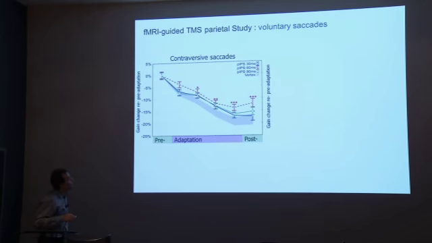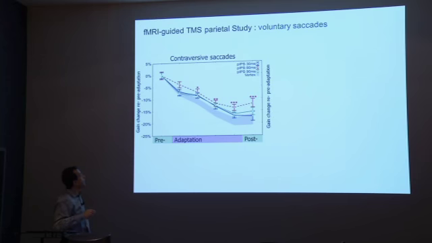So I will first present the results of the voluntary saccade experiment. First, for controversive saccades, we show here the change relative to pre-adaptation baseline of saccade gain during the adaptation phase and during the post-adaptation phase in all the 4 different sessions. The vertex session is shown by this gray zone, and the colored curves correspond to the different timings of